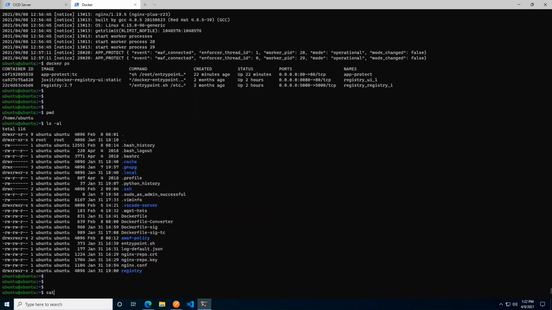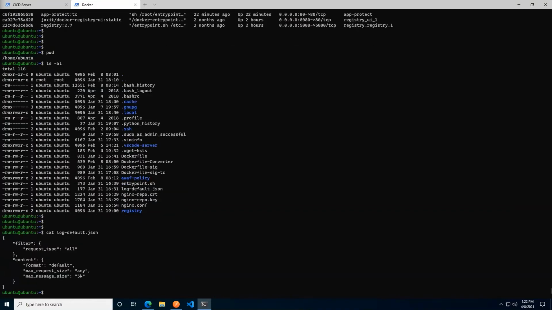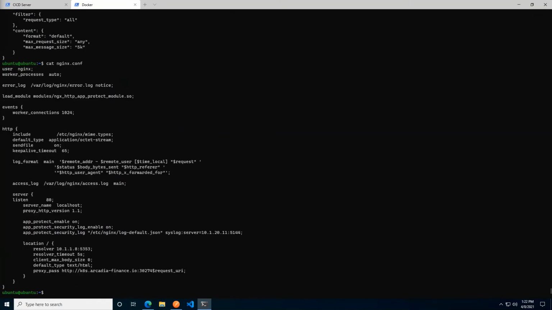I'm going to cat the log default.json first, and it simply looks like this. So this is my log format, how the output of the logging should happen. And when we look at the nginx.conf file, we'll see two references that is of importance here.